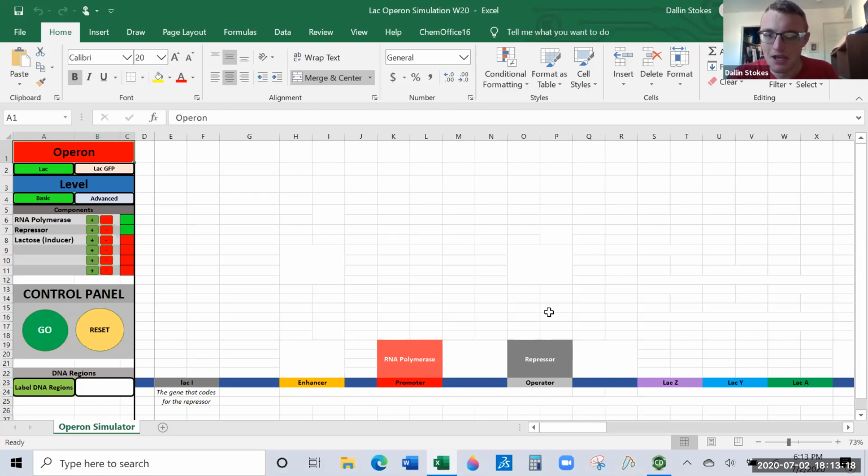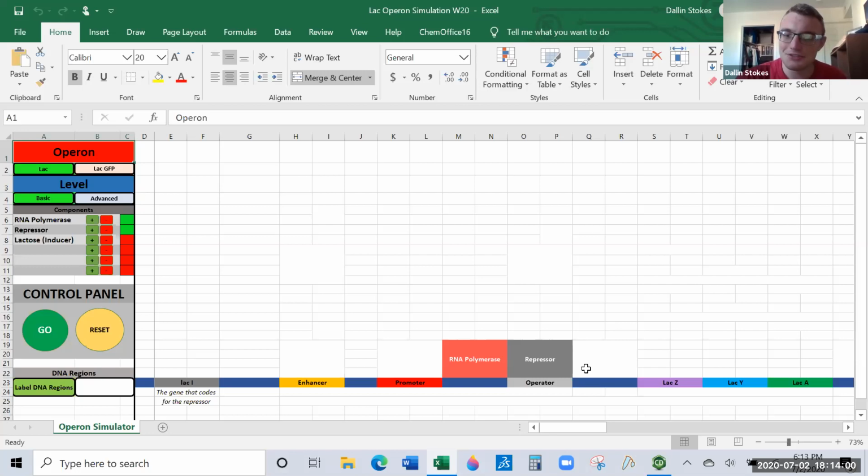So the repressor, going back to my train track analogy, we're essentially putting this great big block on the train tracks. And so now when RNA polymerase hops on at the promoter, he starts chewing down the train tracks and runs smack into this brick wall. And doesn't make it to the genes. He can't make it to the genes. He'll hop off, hop back on the promoter and try again, run back into the wall. As long as that repressor is there, as long as the big brick is in the way, RNA polymerase can't get to the genes. We just turned off the operon. Essentially, we just cut off access to the operon.